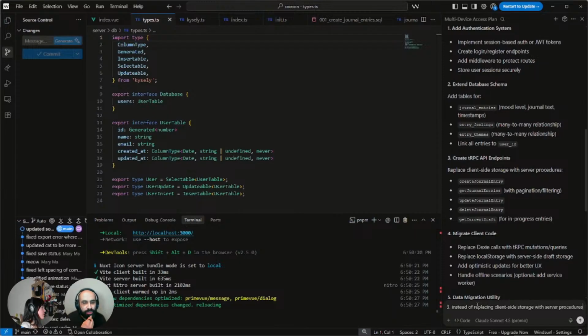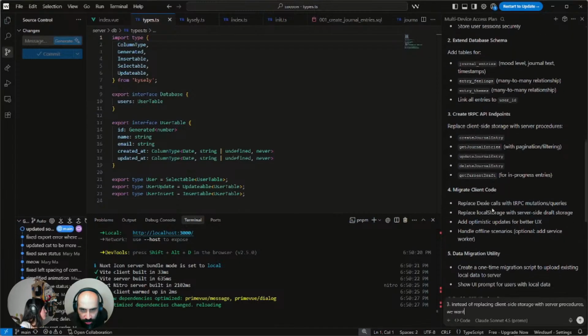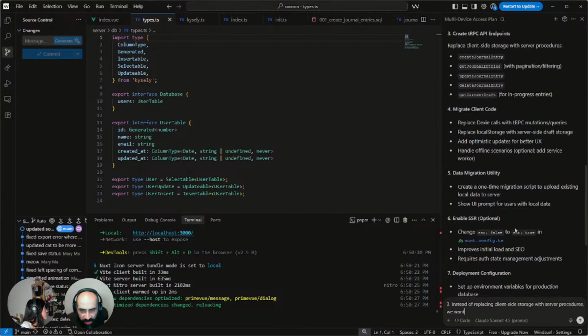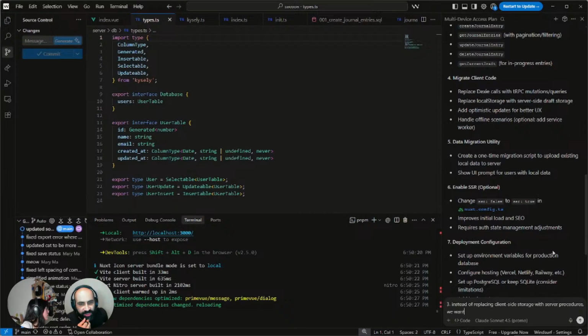And then additionally, we can tell it that we just want to implement. So now give us a plan. Let's just scroll down to see what the last few bits of this plan were. 5 and 6, SSR, deployment. Okay, fine. And we just tell it we just want to implement simple authentication. So let's see how it interprets simple authentication.